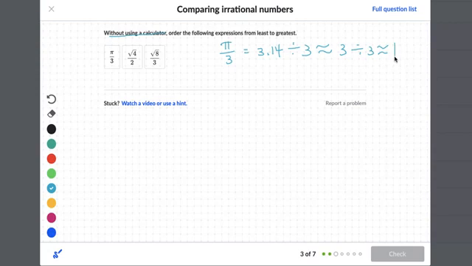So it's about 1. I would say it's a little bit more than 1 because it's 3 and some change divided by 3. Okay, so it's not exactly 1, it's a little bit more than 1 because of that some change. It's a little bit more than 3 divided by 3. So I would say it's about 1.1. For square root of 2,